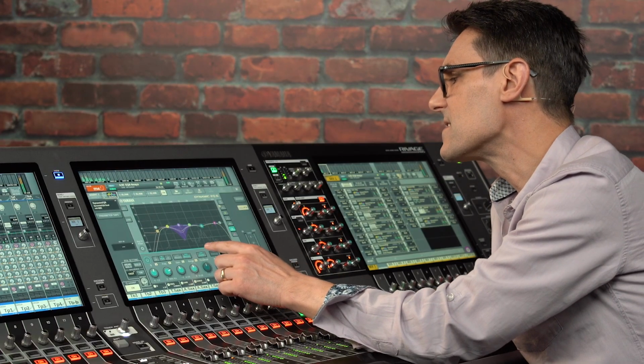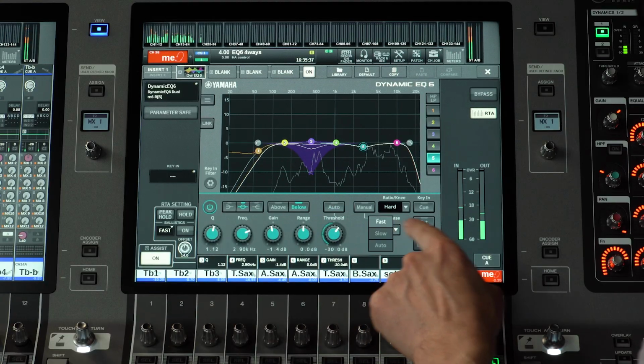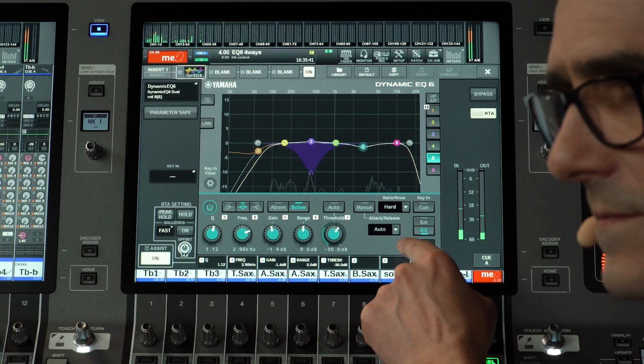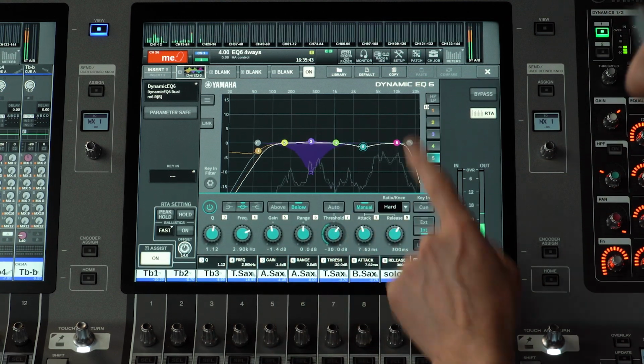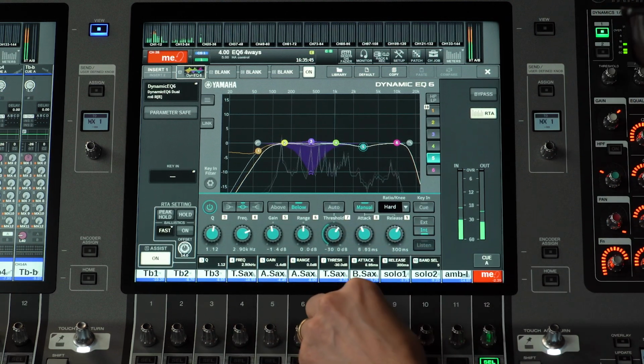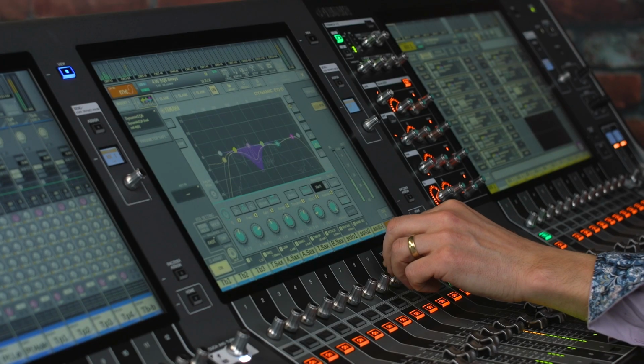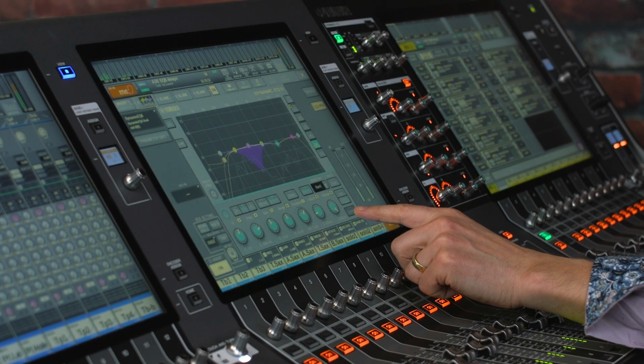Attack and release can be set to fast, slow, or auto. Or press manual if you have time for more fine adjustments, or if you require some more extreme settings.